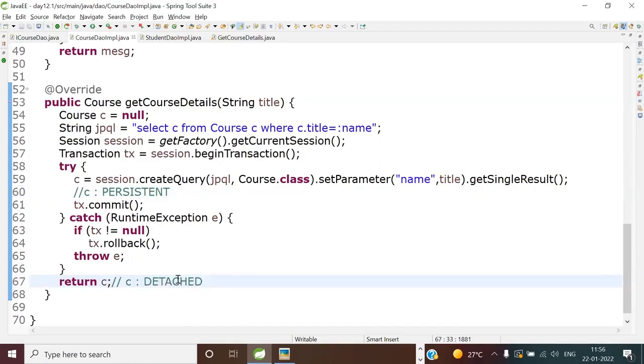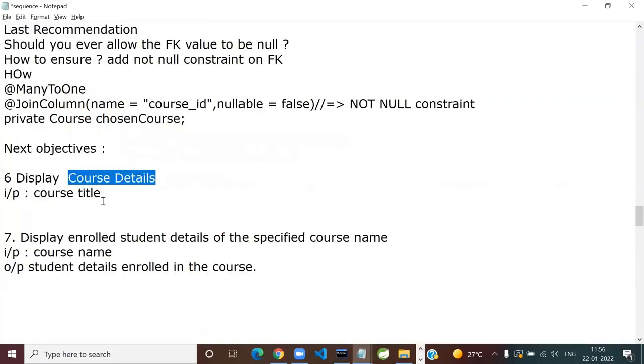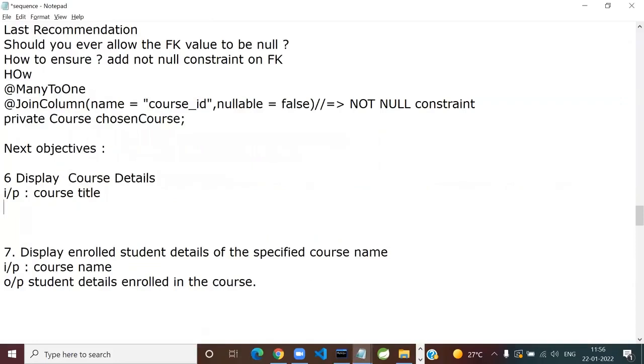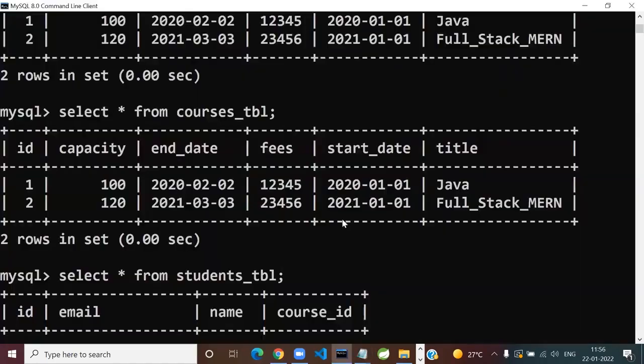Now, let's go to the next requirement. Which is the next requirement we said? So this is done, easy. So how did we solve it? Just get method, not get, what was it? JPQL, followed by create query. JPQL is enough hint. But now I'm saying, guys, I have, for example, for this course Java,